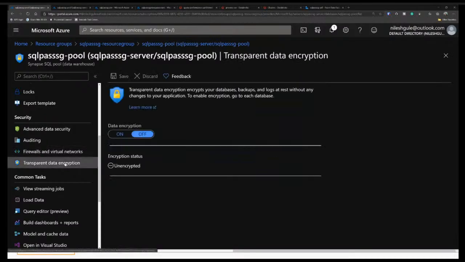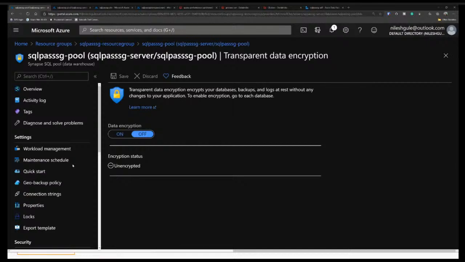From a data security point of view, we also have transparent data encryption. In the previous session, there was a wonderful talk about data encryption and how we can encrypt data, and the speaker spoke about TDE and how transparent data encryption works. If you're interested, you can go back to that video from the last session and have a look. In this scenario, I have not enabled data encryption, but it's just a flag, and once I enable it, it is enabled for my SQL pool. So these are the common properties.